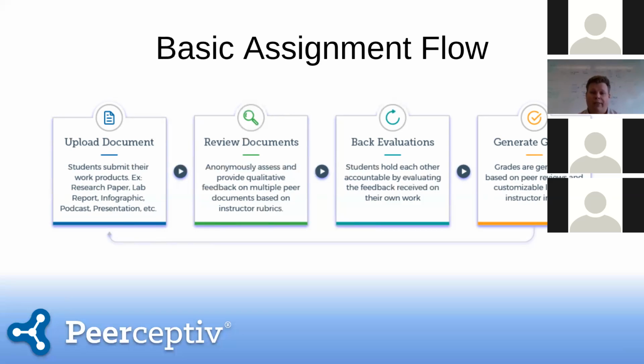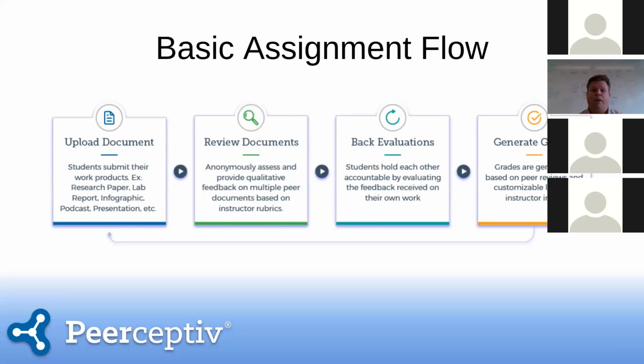So the strength of Perceptive is how it takes peer assessment to the next level, is that we incentivize all the behaviors that occur in here. So not only are you going to receive a grade for the document you uploaded, but you're also going to receive a grade as part of your grade for your reviewing behavior, your commenting behavior. And so what that does is it incentivizes students to really put forth the effort. So it takes the traditional hand your paper to someone next to you and write comments on it to that